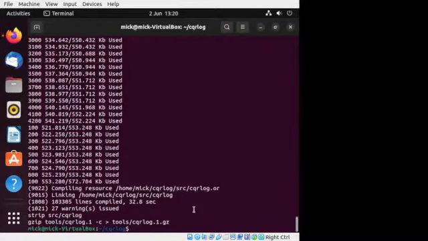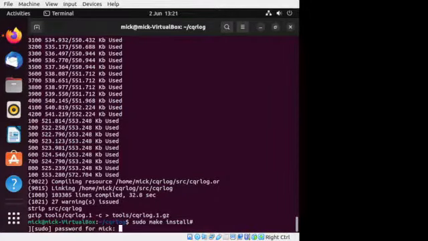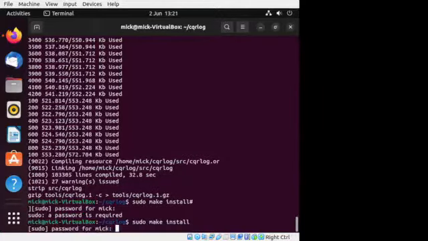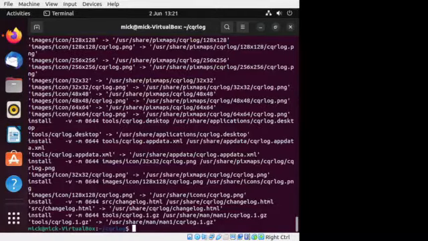Okay, that's the compile done. So now we need to install it. So again, sudo make space install. Oh, I put a hash in there when I should have just pressed enter. Password. And that's it installed. So now we press the Windows key